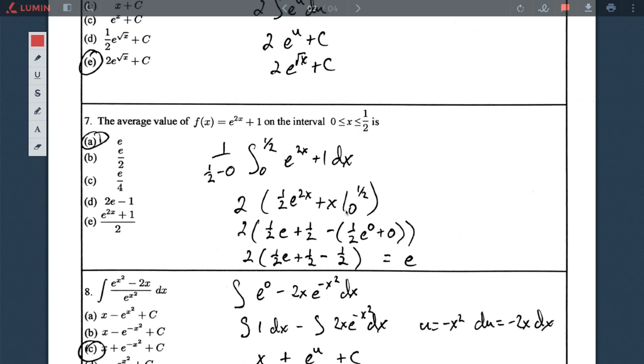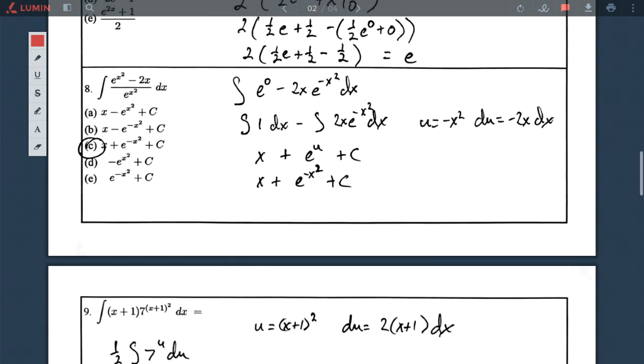minus plug in the 0. So that gives me e to the 0, 1/2 e to the 0, and then plus 0. So I have 1/2 e plus 1/2 minus e to the 0 is 1, so that makes this 1/2. Distribute the negative gives me a half, and obviously the 0 goes away. My 1/2s cancel right here, and then 2 times 1/2 gives me just 1e, and that's why 1e is our